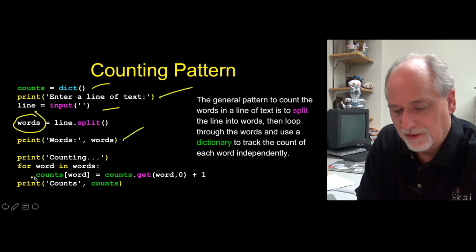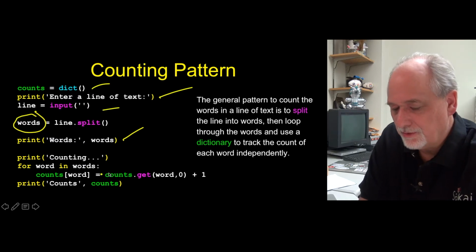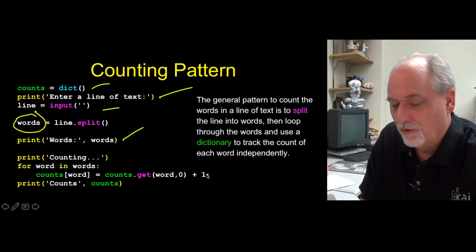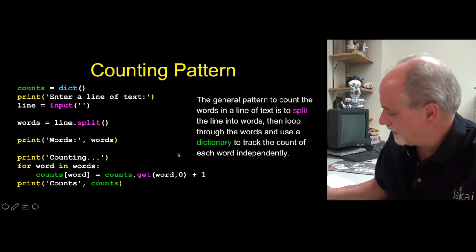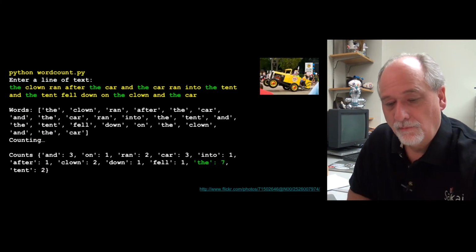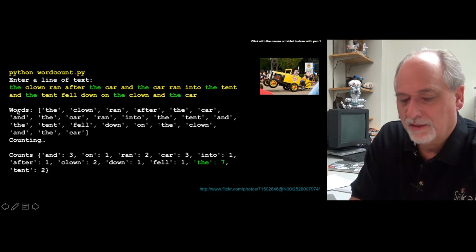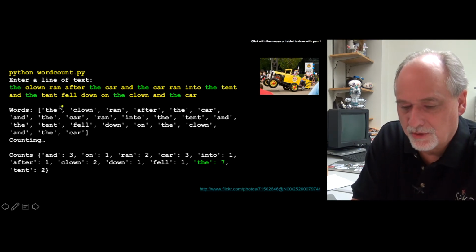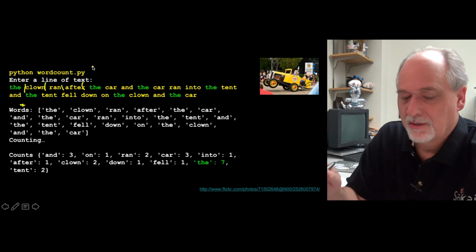This is the little loop. For every word in whatever this was, we're going to do this idiom of either adding a new entry or adding one to an existing entry, and then printing that out. So let's take a look at what we get there. If we run this, we can give it some text, and this will be all one line, and then it splits it into words, and you see that these words here are split, split, split, split. I mean, that's strings and splits. Remember, strings and lists and split.